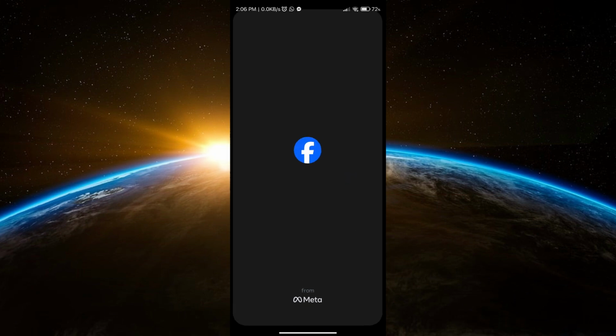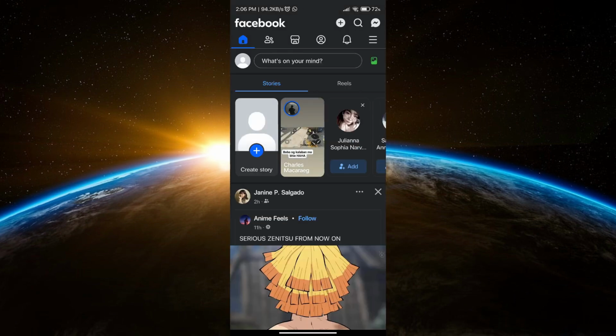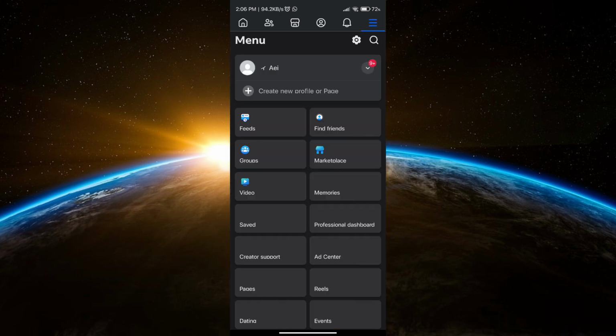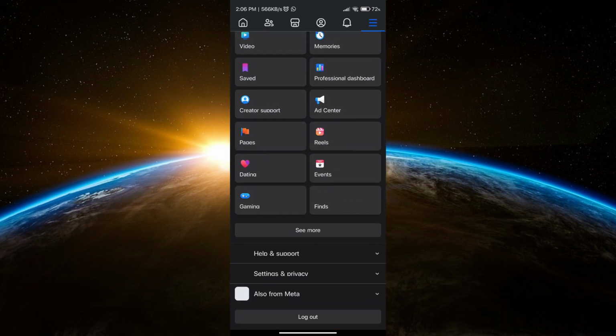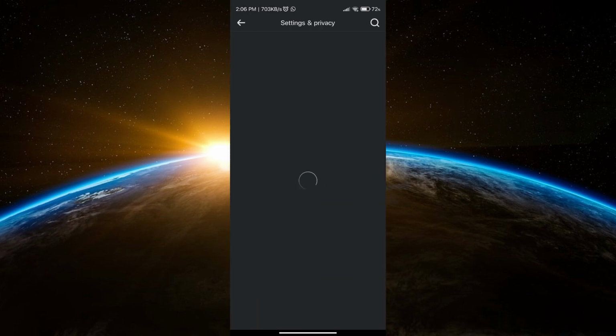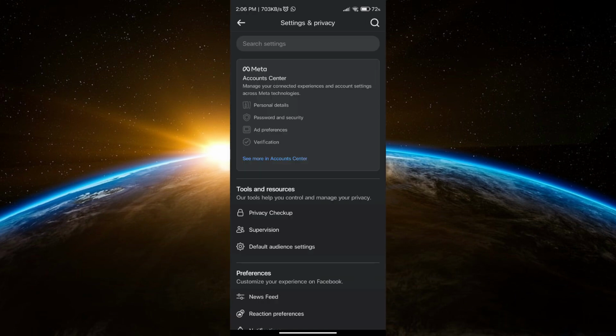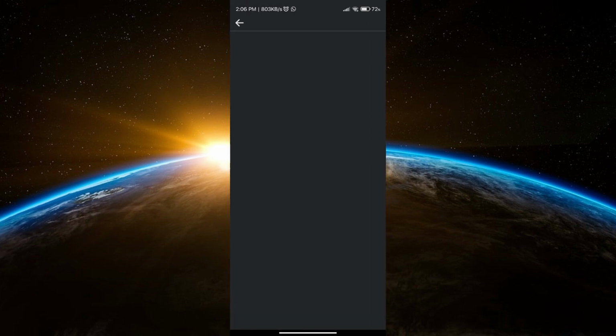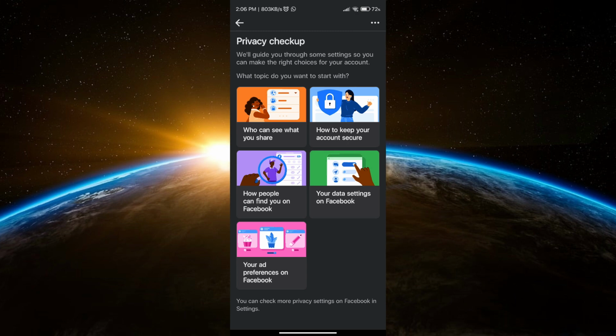The first thing that we're gonna need to do is to open our Facebook app and then go to menu and go to settings and privacy. Click settings and then click privacy and check app. Now click the how people can find you on Facebook